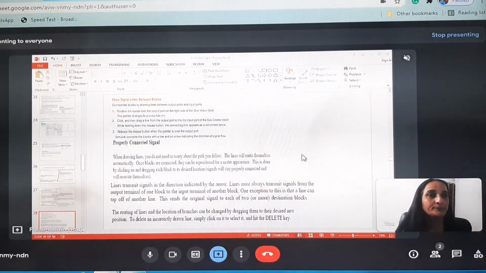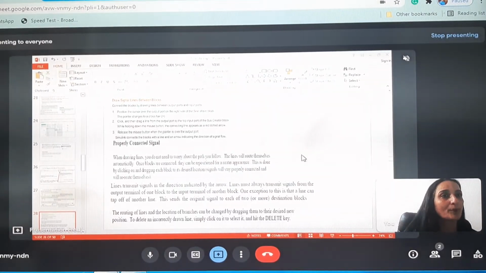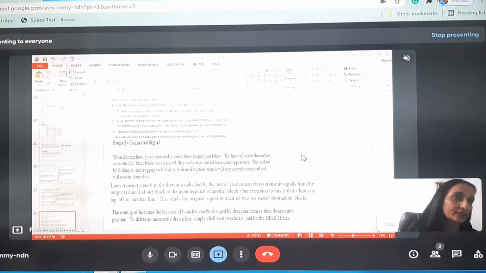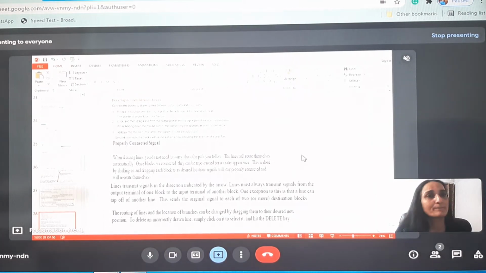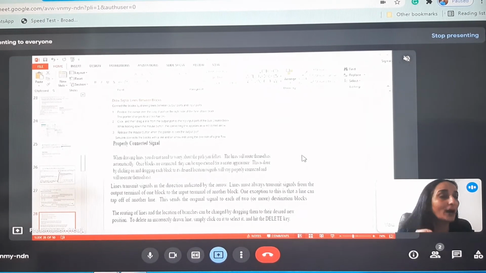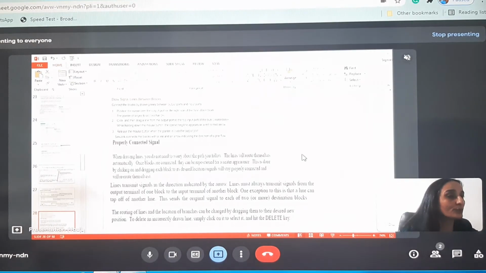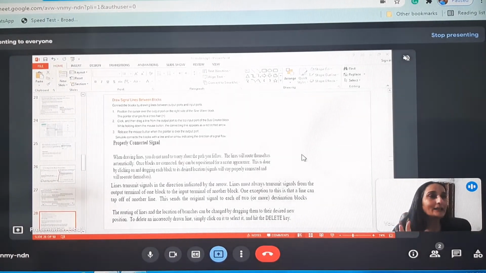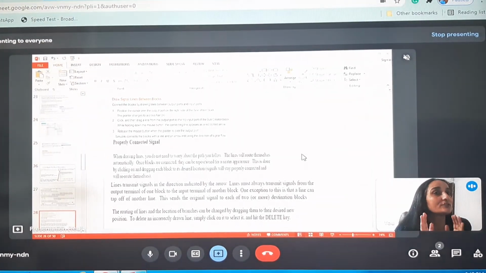So now, a properly connected signal. Simulink is very easy to use. When drawing lines, we need not worry about the path we follow. The lines will route themselves automatically.